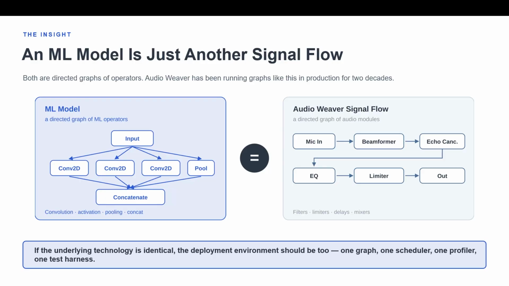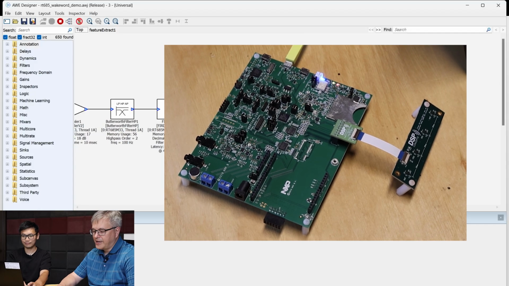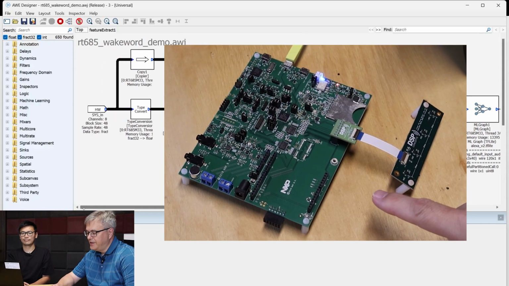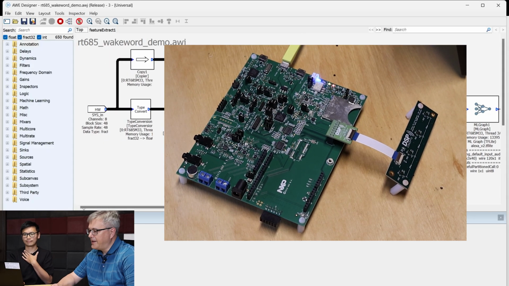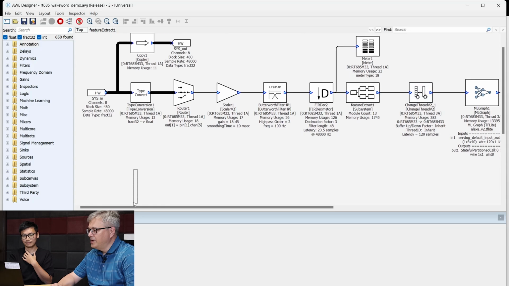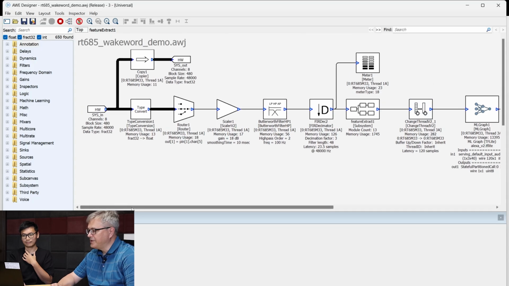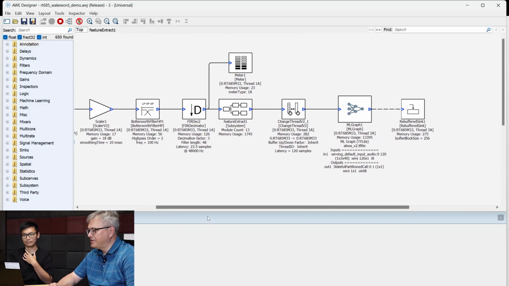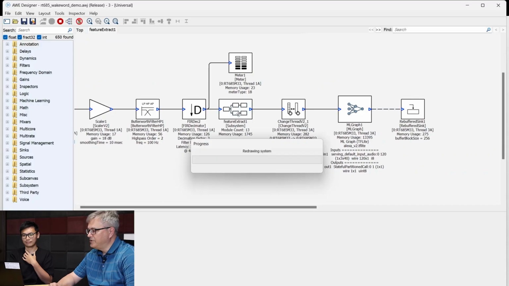So we're going to do a demo for you, showing you an Alexa wake word. Here we're running on an RT685, an embedded processor from NXP. On the left-hand side, we have all the inputs coming. We pull off a microphone signal, scale it, high-pass filter it, downsample it, and then go into the